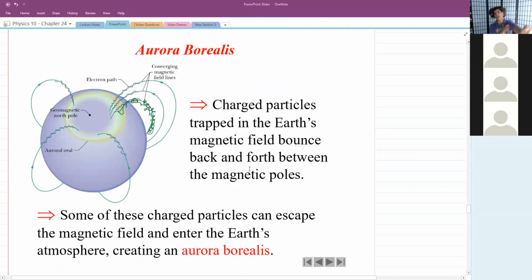The Earth's magnetic field, unbelievably useful to us. It traps charged particles called cosmic rays that are all throughout space. These cosmic rays basically bounce back and forth between the poles. Every once in a while, they get enough energy somehow to escape the poles and stream into the Earth's atmosphere. But if there was no magnetic field, there would be nothing to deflect these charged particles away or to trap them.